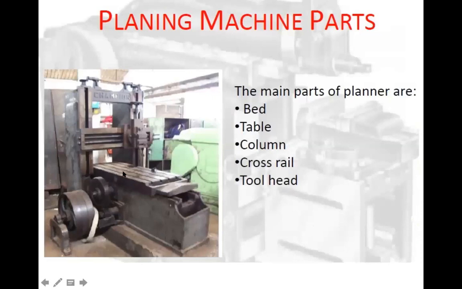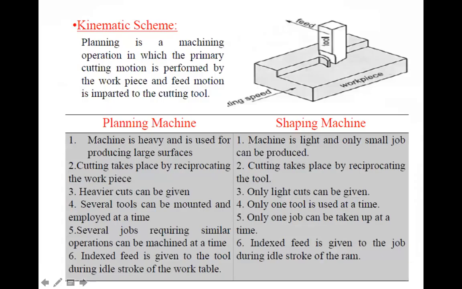So you have a typical bed, and the table is mounted on the bed. Here also the vertical columns are there, two columns on two sides, and these two columns are connected by a cross rail. On this cross rail you mount the tool post. Inside the vertical column there is a mechanism, a similar kind of quick return mechanism, and normally in the planer, because it's a heavy machine, we use a hydraulic quick return mechanism. If you take the kinematics, the mechanism is the same thing.